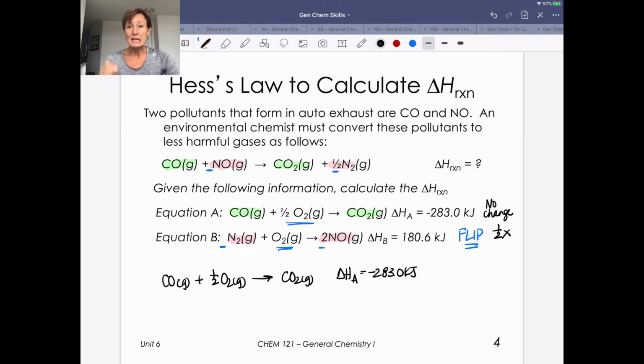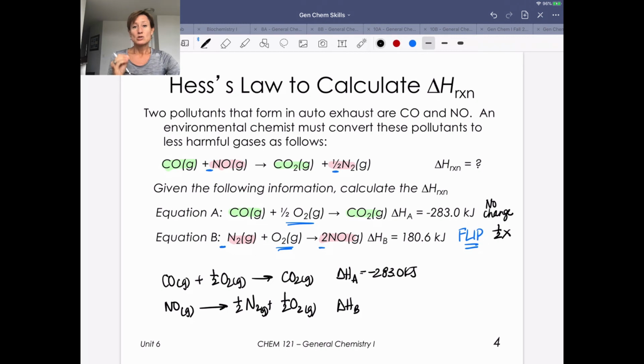Now the second equation, I've got two things that I have to do with it. Let me treat the equation first, and the same thing that we do to the equation, we have to do to the delta H value. So the equation, I need to flip it and then scale the coefficients down by 1/2. So flipping it means my NO comes here, and I'm scaling the coefficients down by half, and so that's only going to be a 1 there. There's only one product that now becomes a reactant, and now I'm going to scale these other guys down as well. Okay? So I've scaled everything down,